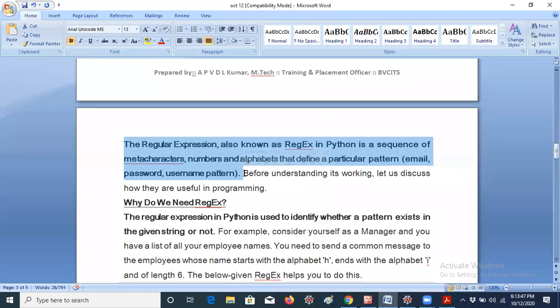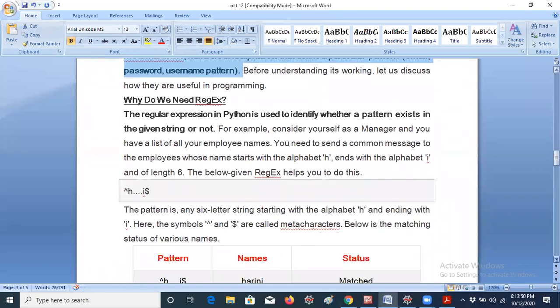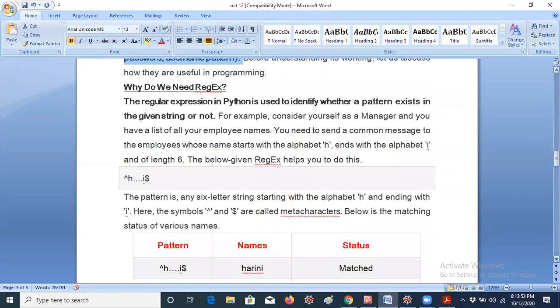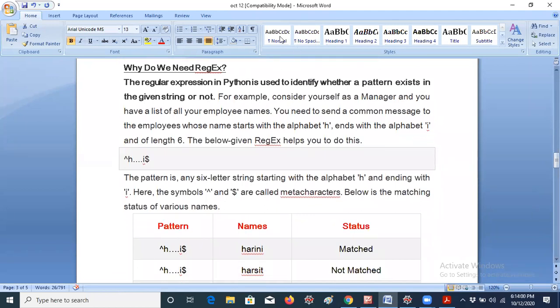So let me move fast. Here I'm giving meta characters. What is meant by meta characters? Let me explain now. Actually, here some codes will be there. You have to remember them, please guys, just go through it. Definitely you should understand, I will tell you. Here you should give one symbol like this. This is the symbol actually.